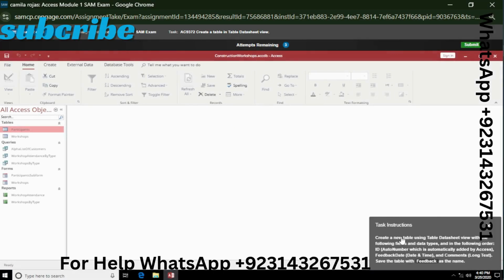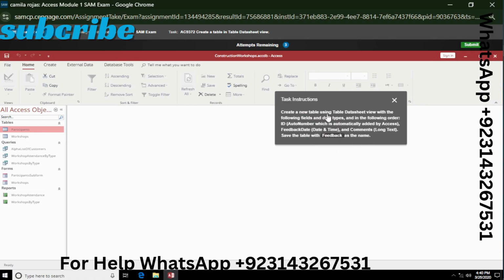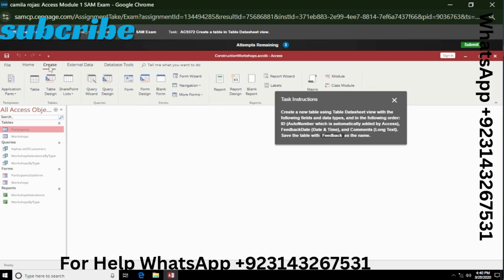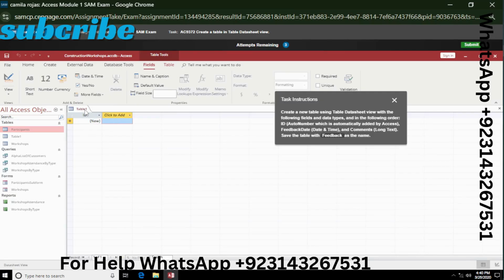Our task 12 is create a new table using the table datasheet view. So create and click on table and now add data types in the following order. ID is automatically added by Access and we need to add second field name which is feedback date and this data type is date and time. Select date and time and now field name is feedback